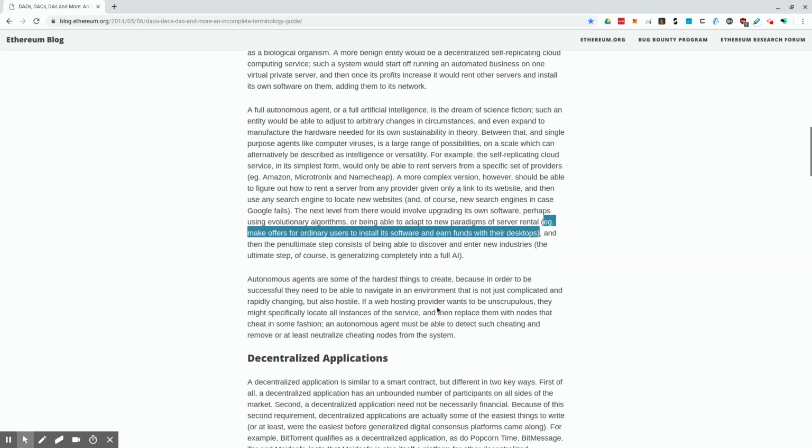Let me just finish with this last paragraph and then I'll wrap it up. Autonomous agents are some of the hardest things to create because in order to be successful, they need to be able to navigate in an environment that is not just complicated and rapidly changing, but also hostile. If a web hosting provider wants to be unscrupulous, they might specifically locate all instances of the service and then replace them with nodes that cheat in some fashion. An autonomous agent must be able to detect such cheating and remove or at least neutralize cheating nodes from the